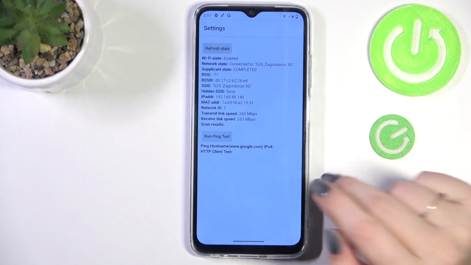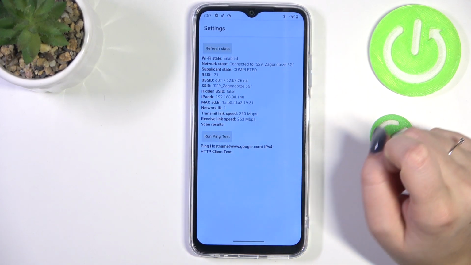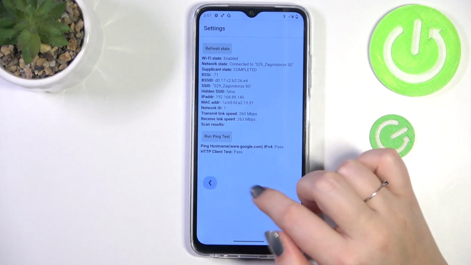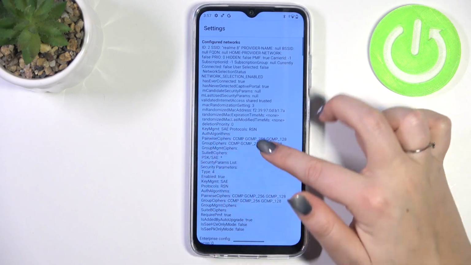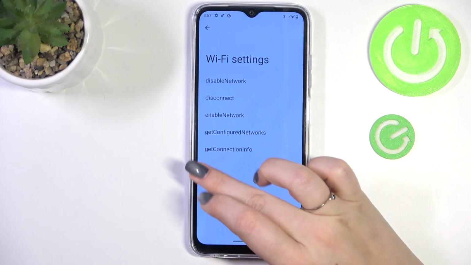We can, for example, check the stats, and just like the SSID or network ID, you can also run ping test here. The configuration, so here you've got the technical information and the API, so you can, for example, enable